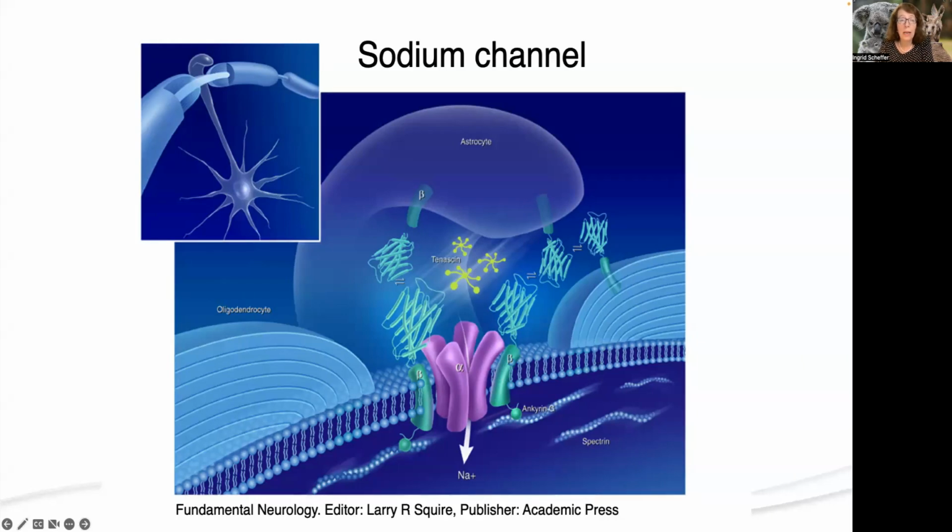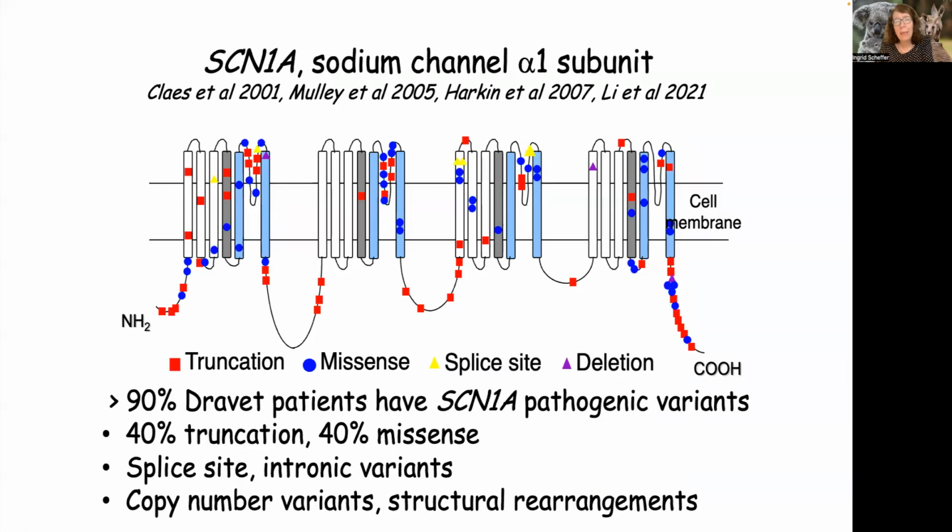in SCN1A, and that encodes the alpha-1 subunit of the sodium channel, which you see here. It forms the ion channel pore through which the sodium ions pass. And here you can see it embedded in the cell membrane with the beta subunit, which is important in channel gating kinetics. There have been many, many studies of Dravet syndrome genetics now, with well over 2,000 pathogenic variants described,